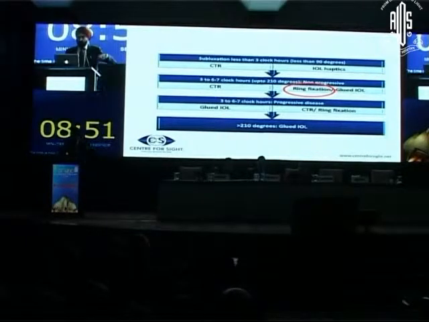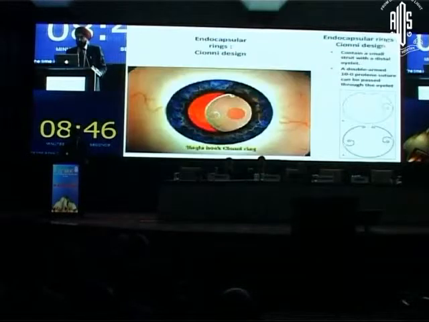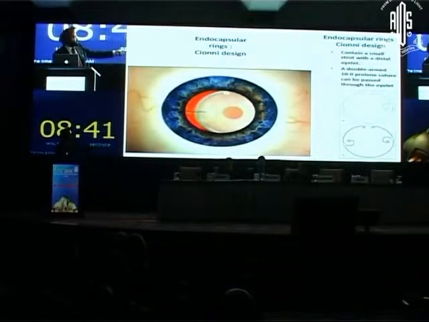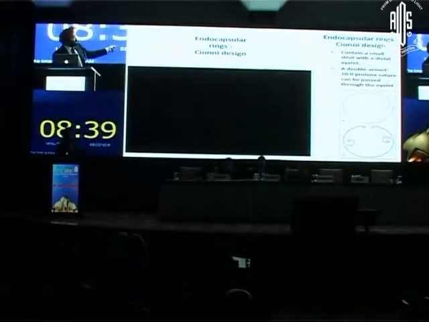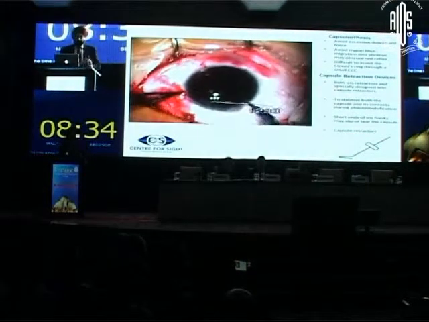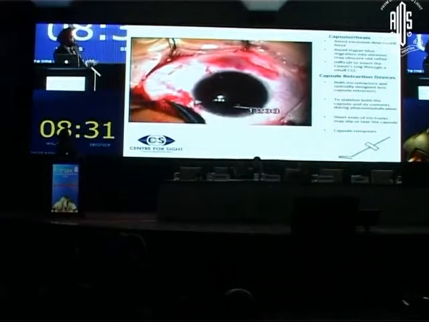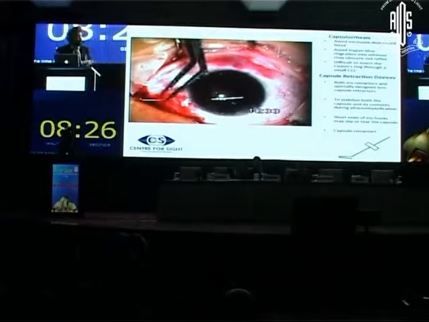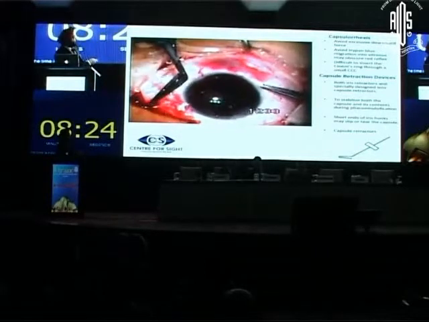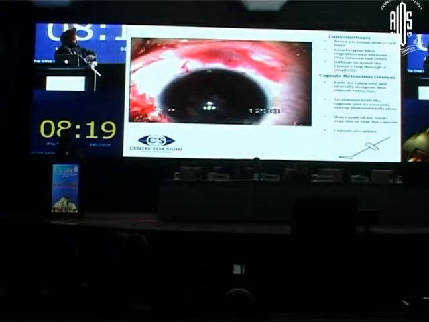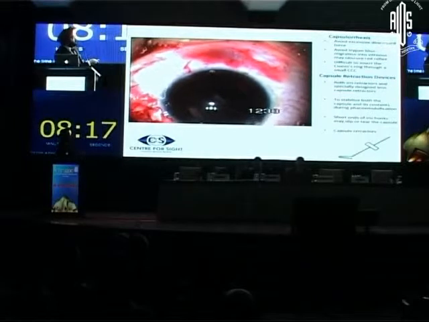Now, the earlier situation that I showed was about 3 o'clock. When you go to the next situation, you will require a ring that needs to be fixated through an eyelet. So you have an eyelet, you pull it forward and you fixate the ring. This is the Cionni ring that you have. You need to see that this is a straight needle with a Prolene suture, a non-degradable suture, and you have made these flaps and you are pulling this suture out, and as you pull this suture out, you are getting the ring in.